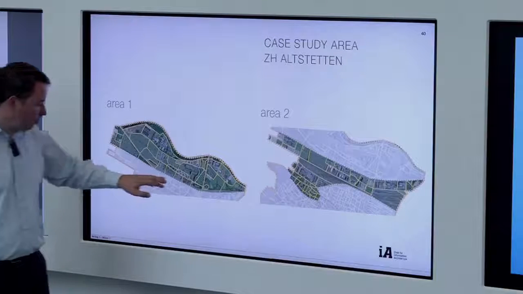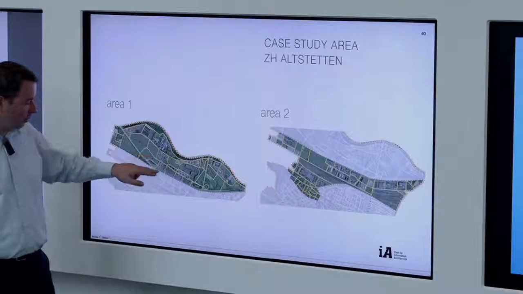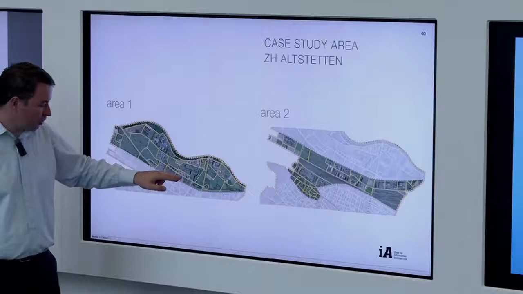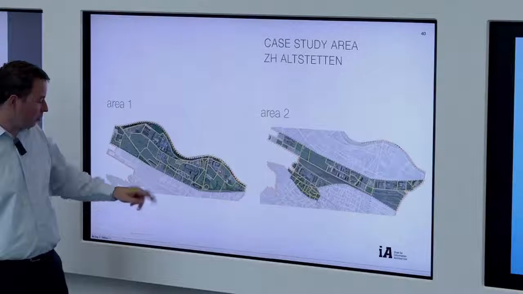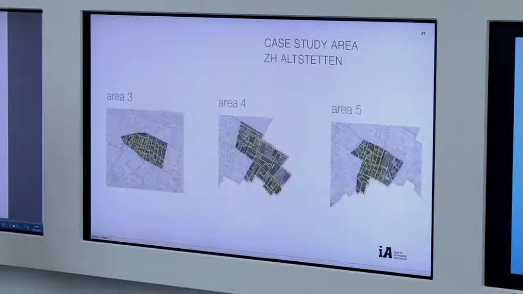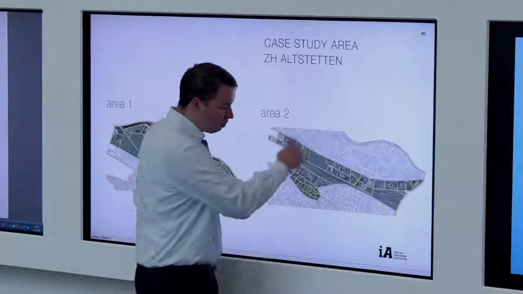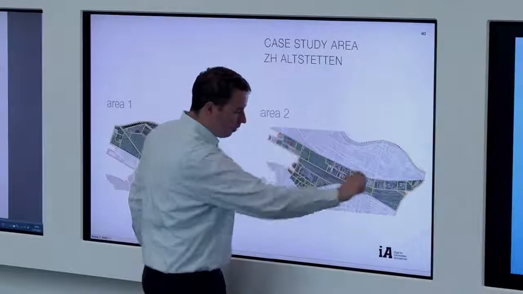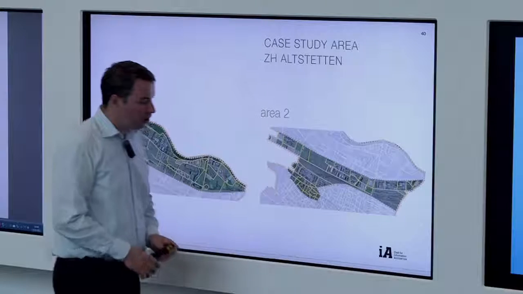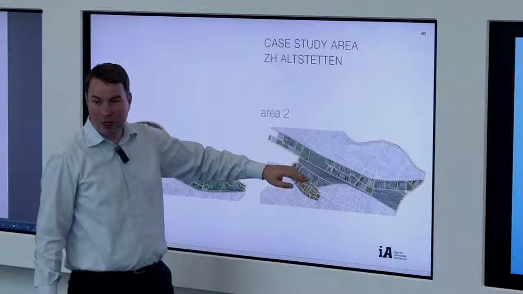And then you have some attempts to create a new urbanization very next to very low density buildings. So that's very interesting. And then just next to the Autobahn, you have this stripe where we have a little Dallas next to the main station of Altstetten, where we have the IBM, the BASF